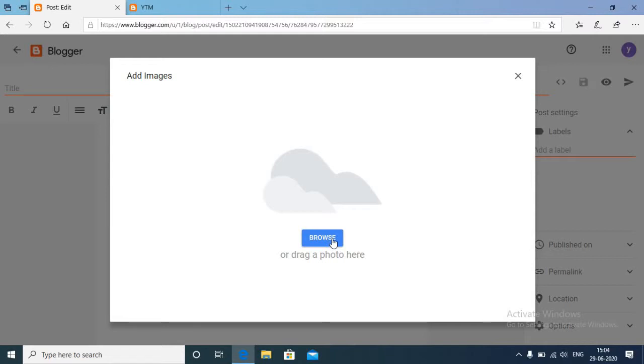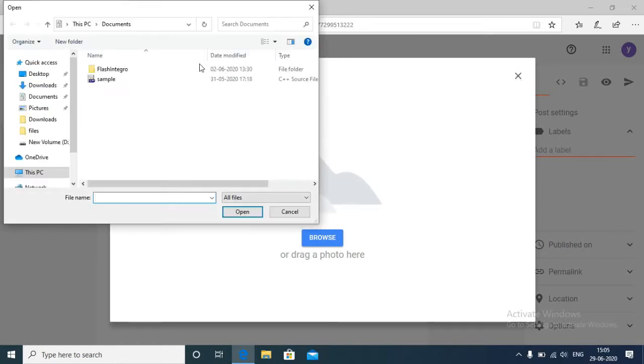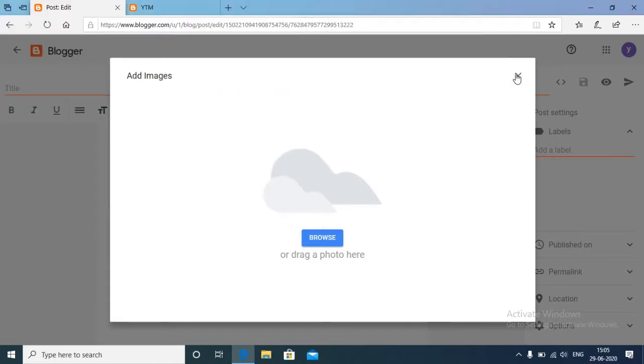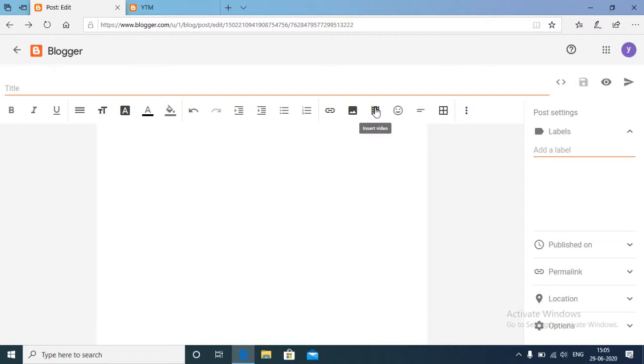Double click on it, and it will post there directly. I don't have any pictures right now, and you can try it. I'm just showing how to post something.